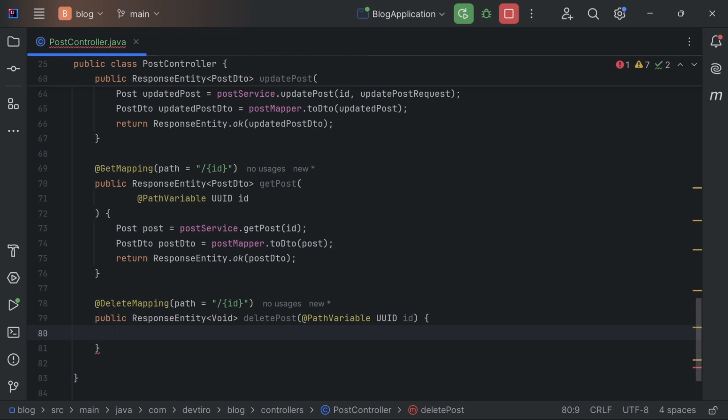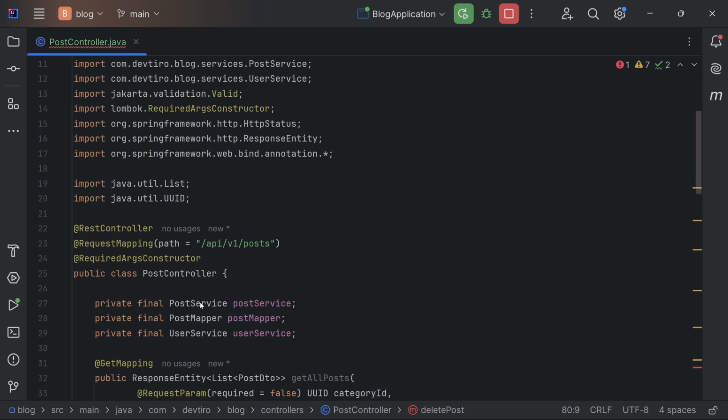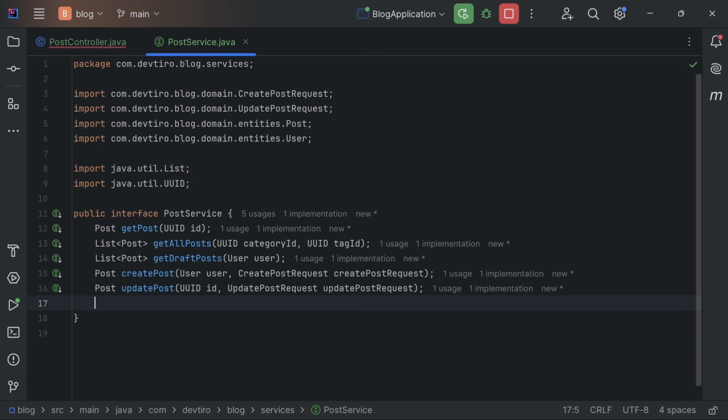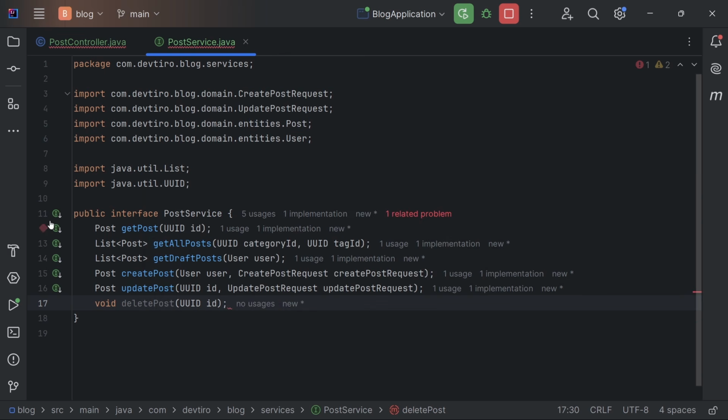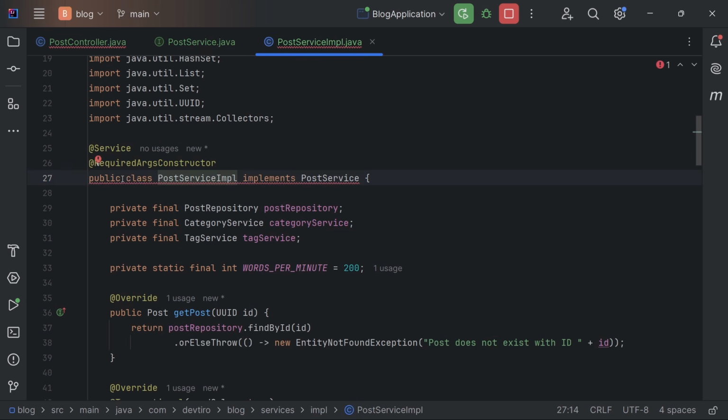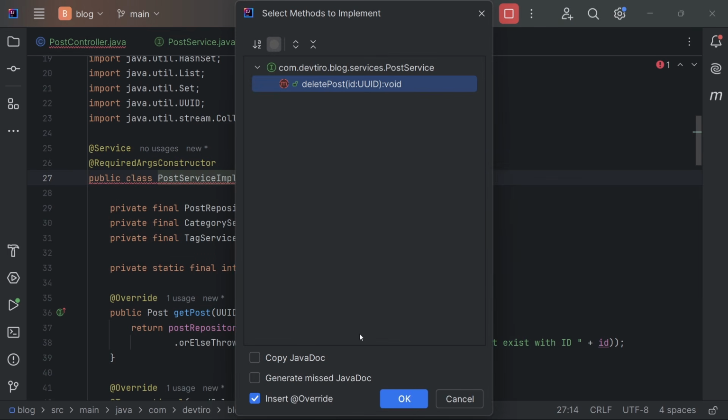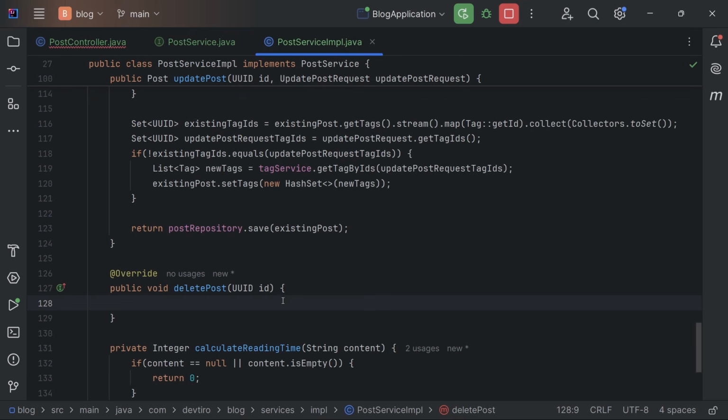So now that we have the ID of the post that we want to delete, we'll need to create a new method on our post service to delete posts. So let's head over to our post service and let's add a new method, a void method this time, and we'll call this one delete post. And it will take UUID, which is the ID of the post to delete. Let's go down to the implementation, hover over here, implement methods, we'll click on OK, and now we can implement